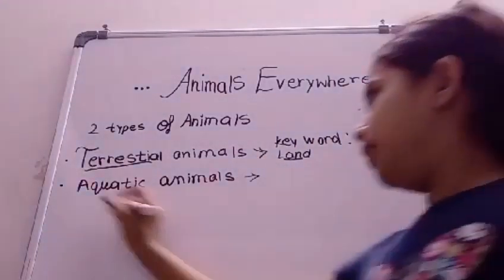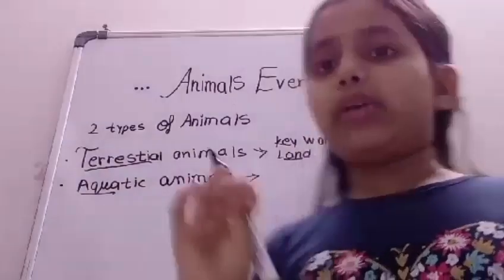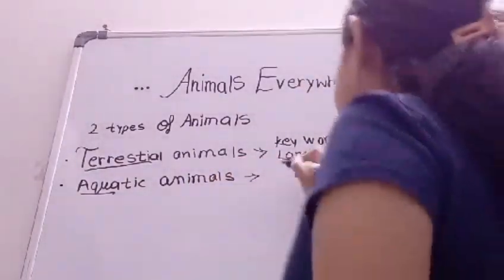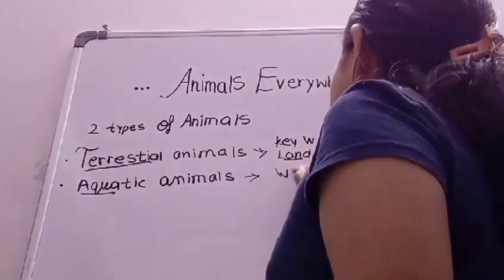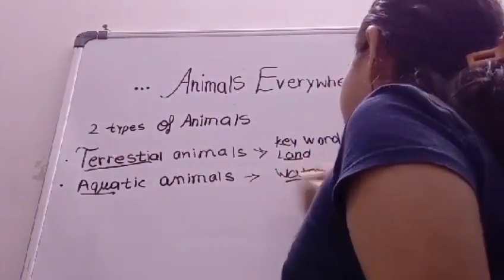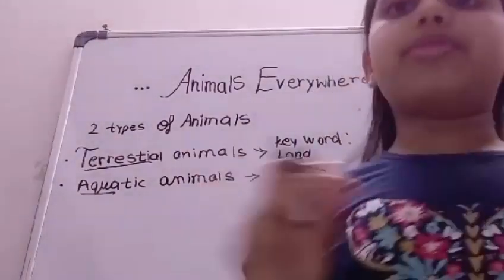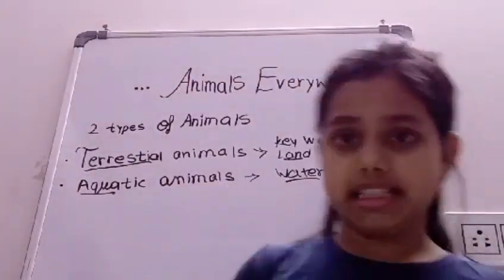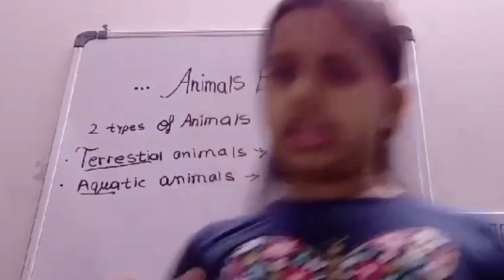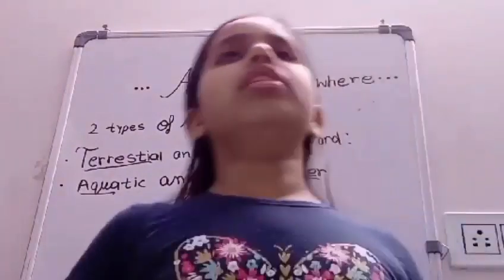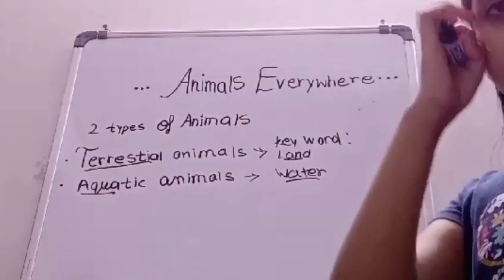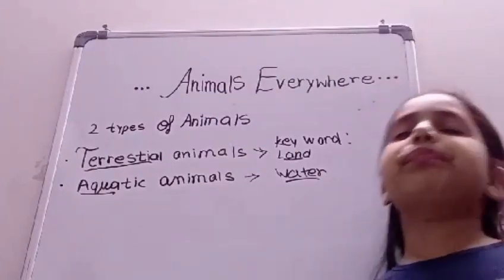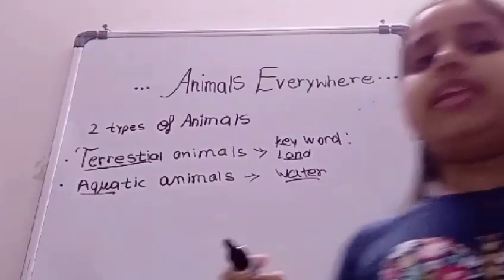Now, aquatic animals. What do you mean by aqua? Aqua means water, so water animals, right? Again, the keyword is water. Water living animals like frogs. Frogs live in both. And you can say whales, fish, octopus also, jellyfish also. So there are many of them. Moving on to their